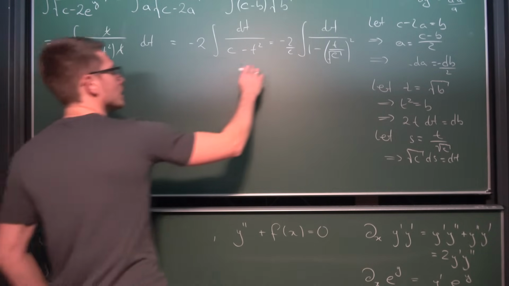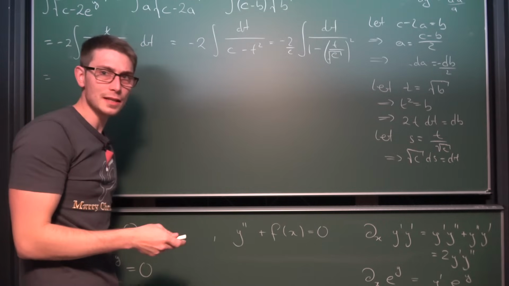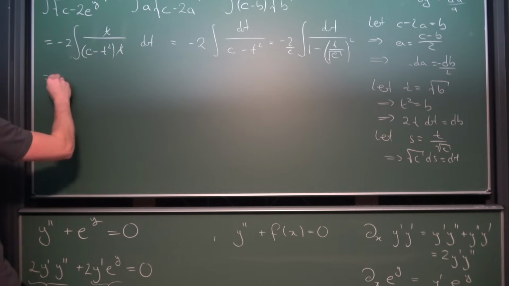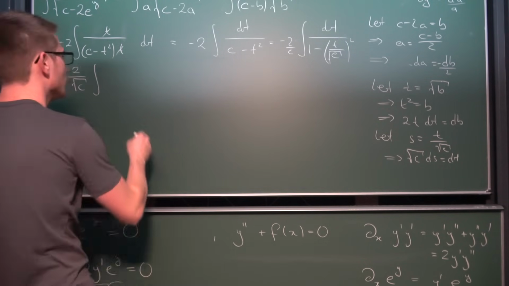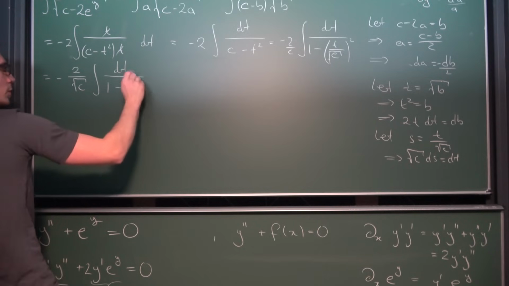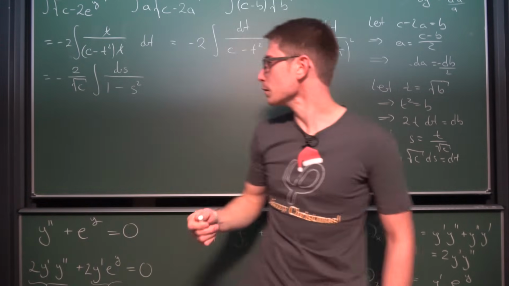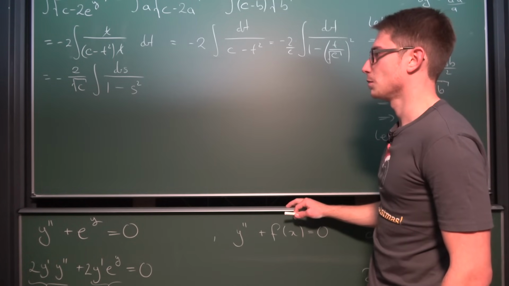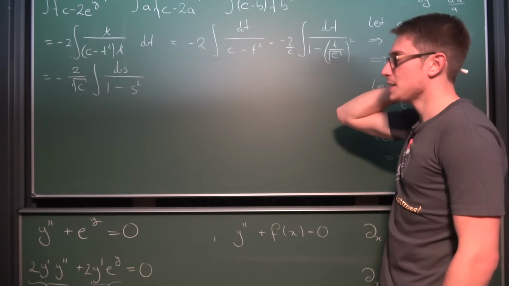Then we get negative 2 times the square root of c divided by c. Square root of c divided by c is just 1 over square root of c. So negative 2 divided by the square root of c times the integral of ds divided by 1 minus s squared. No, ds, not dt, right? Okay. And this looks like the inverse tangent integral. But it's not, because it got a negative sign here. I'm gonna take a gamble here